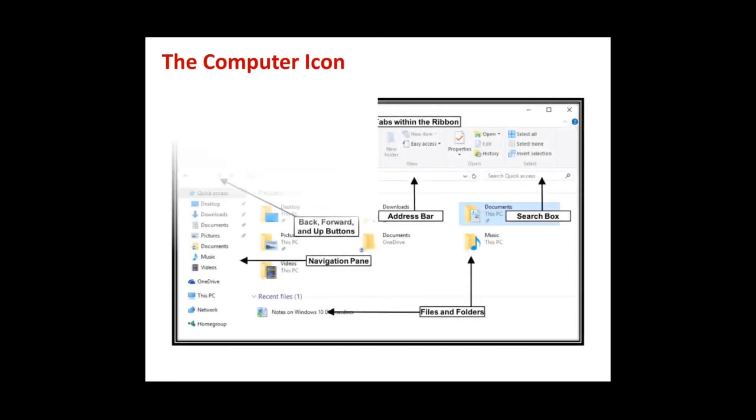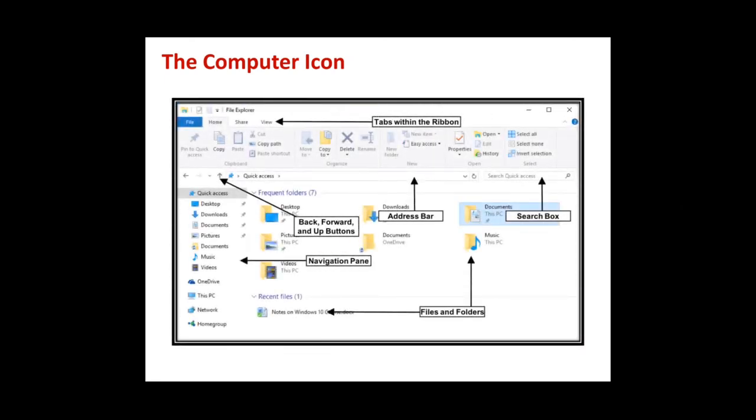So next comes the computer icon. Now there is one computer icon, where somewhere it's written computer, my computer, and a computer shape also. So once you click that computer icon, this screen appears. A quick review of this screen I'll give you. The first thing is where it is written file, home, share and view. These are the tabs on the ribbon. These have various options in them.